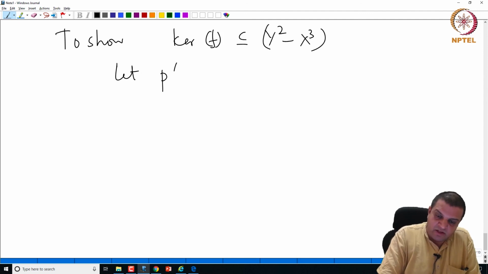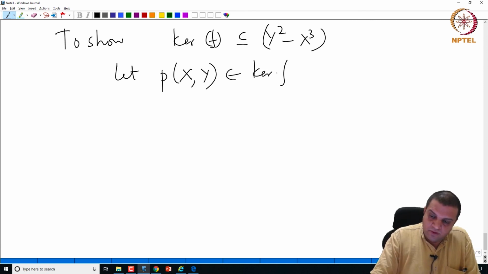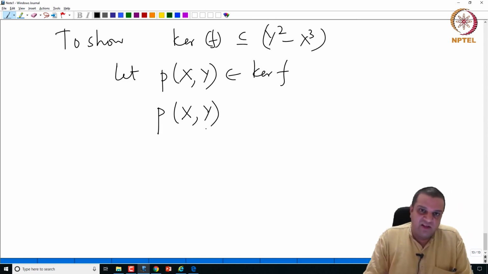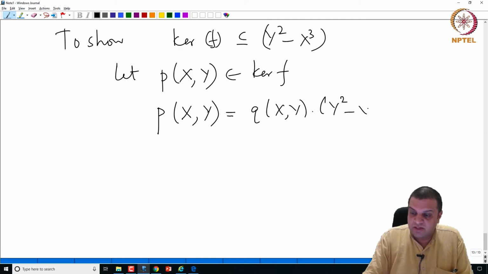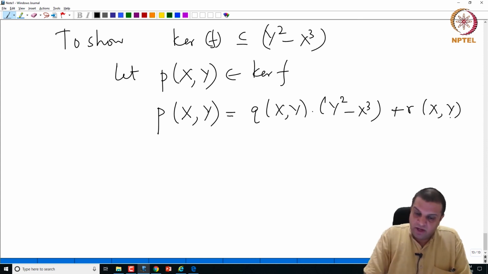So take an arbitrary element here. It's a polynomial in 2 variables. Okay. So now the point is, if you take a polynomial in 2 variables, one can think of it as a polynomial in the variable y, where the coefficients themselves are polynomials in x. One can write this using the division algorithm as a polynomial times y squared minus x cubed. All that we have used here is that this is a monic polynomial in the variable y, plus some remainder polynomial r of x, y, where